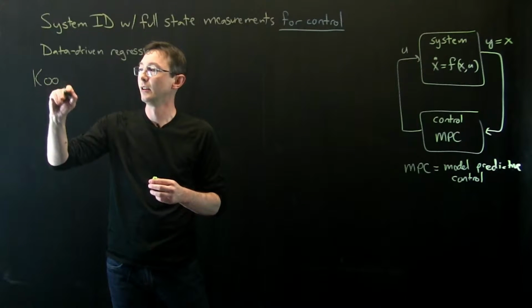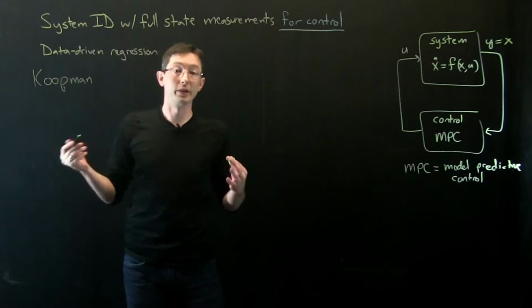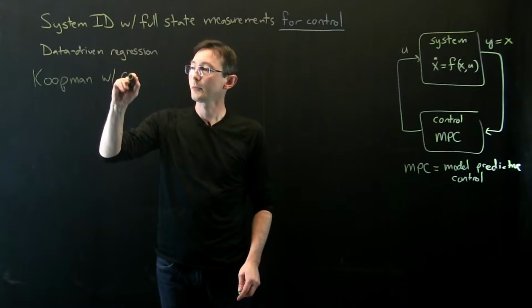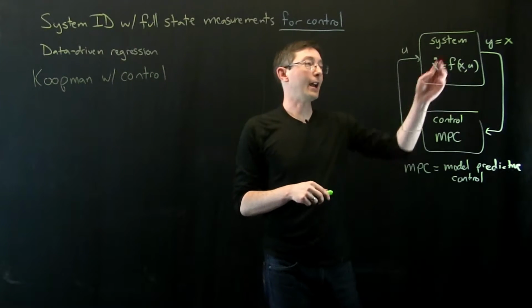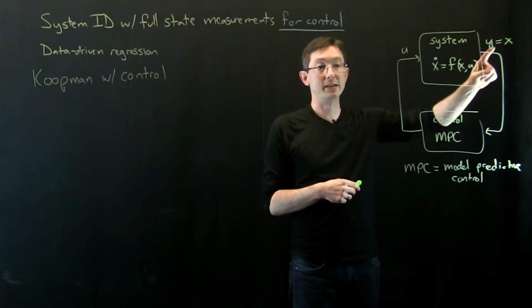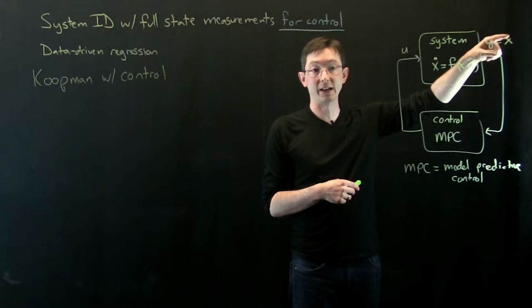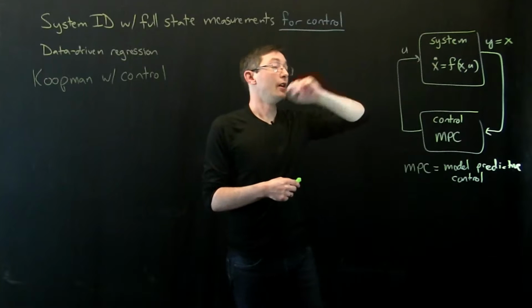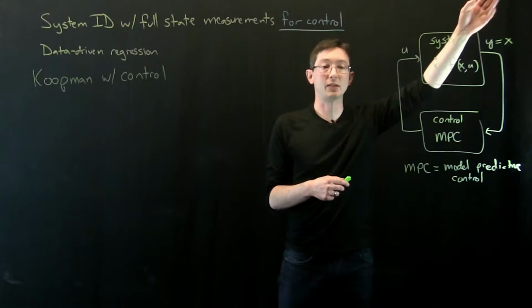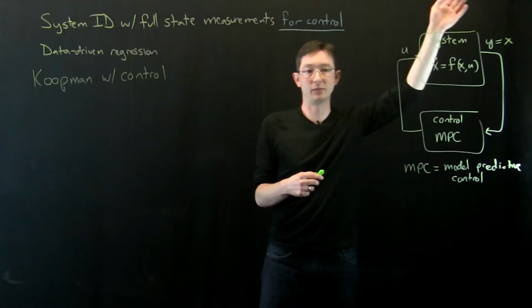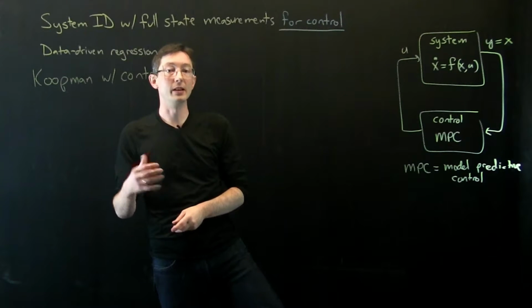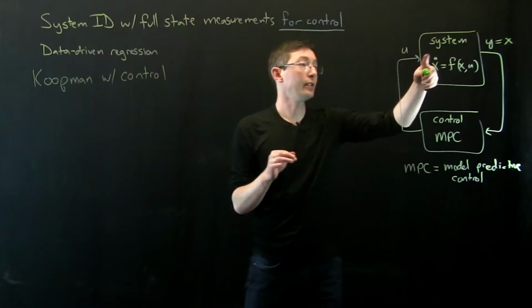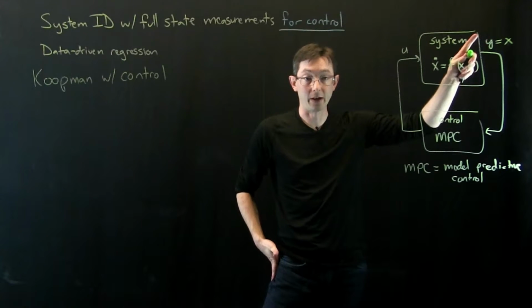So, Koopman with control. The Koopman operator framework essentially says that if I have a rich enough set of output measurements, so maybe this is even bigger than just my full state x, maybe I augment this with nonlinear measurements of my system, x squared, x cubed, sine of x, arctangent of x, whatever. If I have a rich enough set of measurements, then I can embed my nonlinear dynamics into a linear framework,